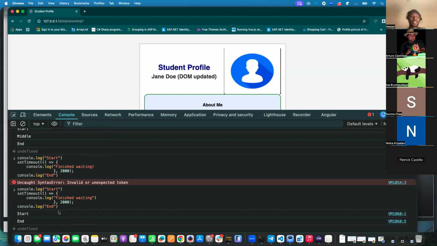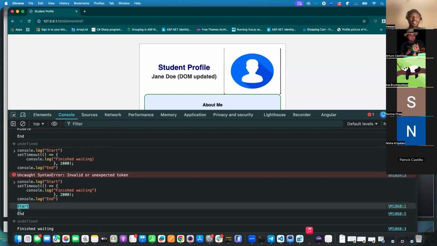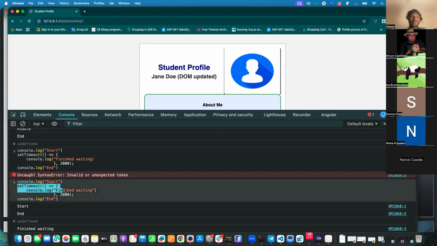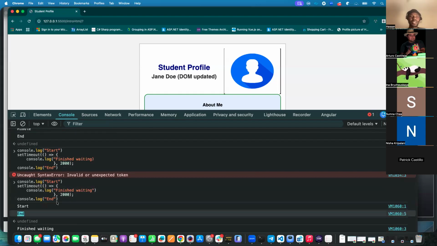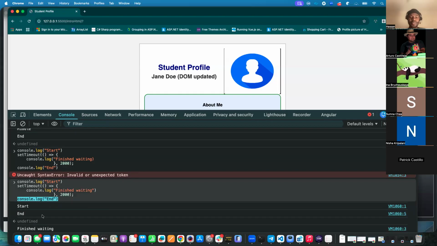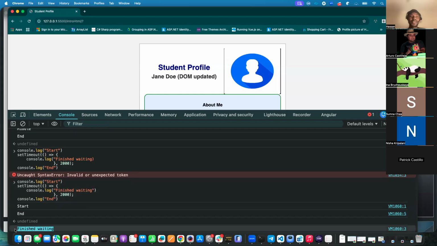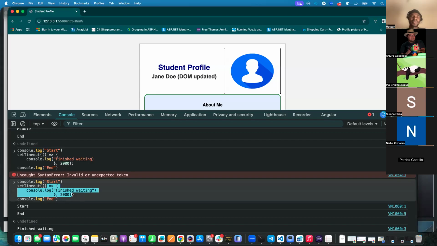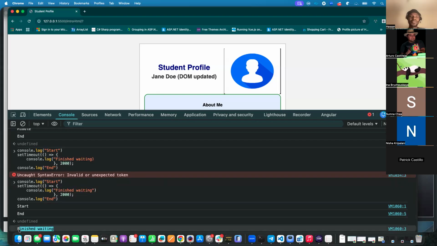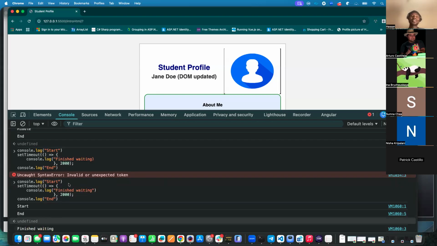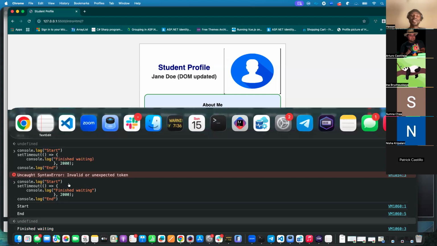Like we said, it printed start, and it didn't wait for this to complete before printing the end, which is what we expect. At the end of the day, it waited for about 2 seconds, then printed, finished waiting. So this is an example of asynchronous: it doesn't keep the order. It doesn't wait for the